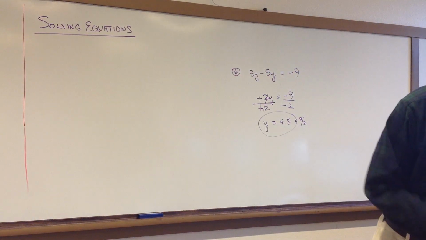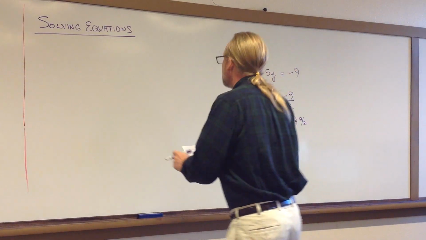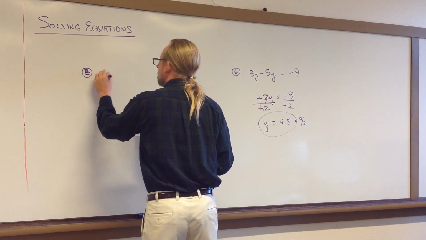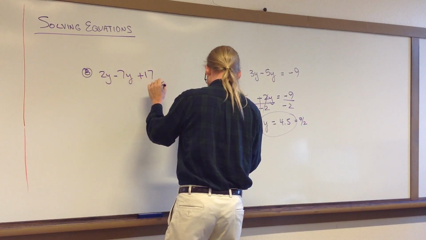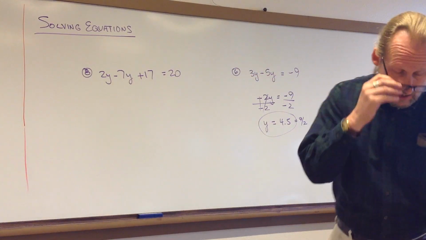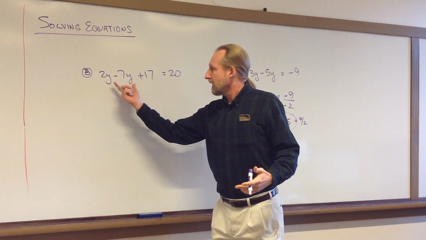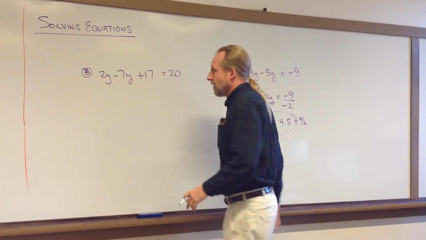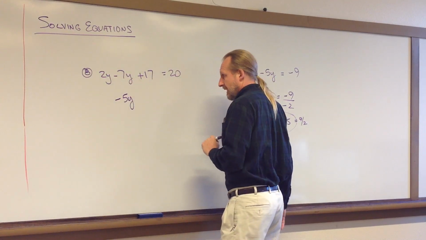Okay, let's see here. All right, problem 8. We've got 2y minus 7y plus 17 equals 20. So here, it's important to be careful, be aware that the y's are like terms, the 17 is not. The 17 is going to get moved over here with the 20. First, let's take care of this. 2y minus 7y is negative 5y